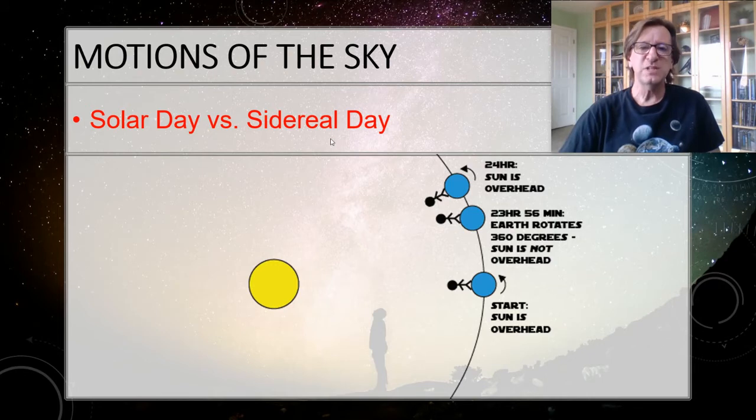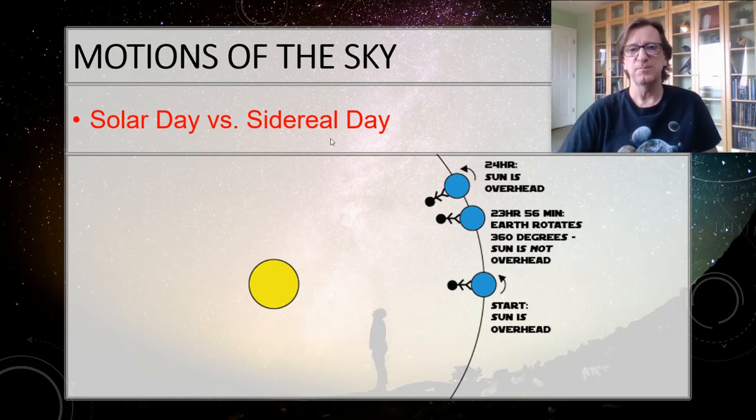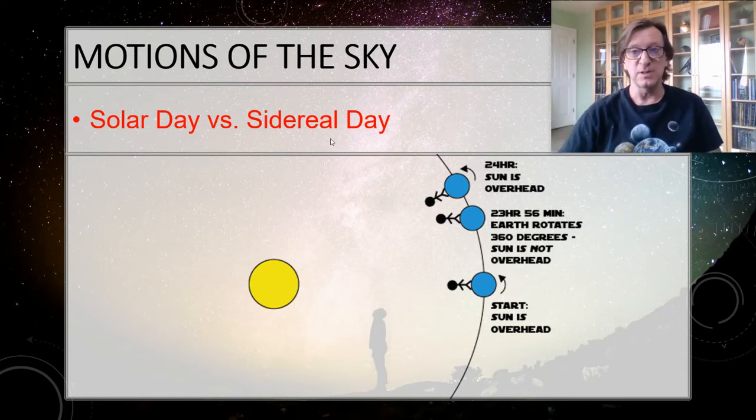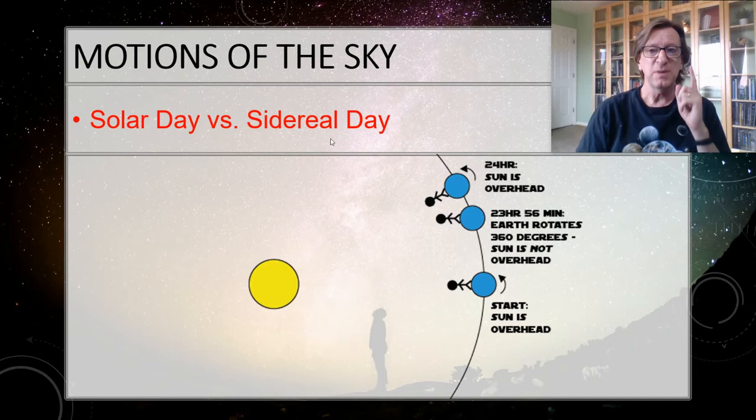Suppose the rotation period of the Earth was not changed. So 23 hours and 56 minutes. Sidereal day is the same. Now, let's suppose that the Earth is going around the sun twice as fast. So its revolution period is now only 6 months because it's going twice as fast. So my question to you is this: would the solar day get longer, shorter, or stay the same? Pause the video, make yourself a diagram, work it out, and then come back and let's talk about it.